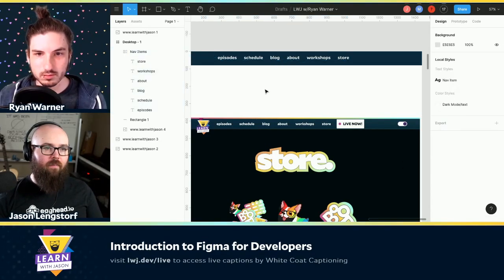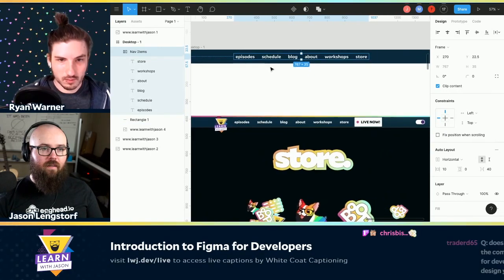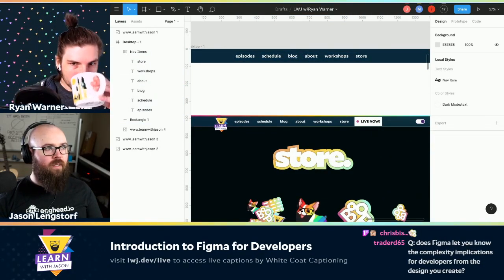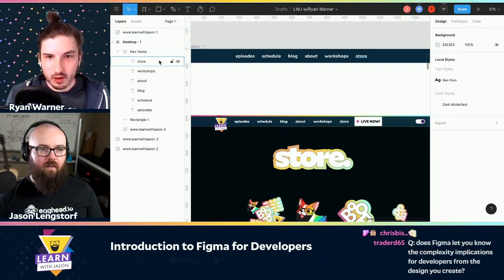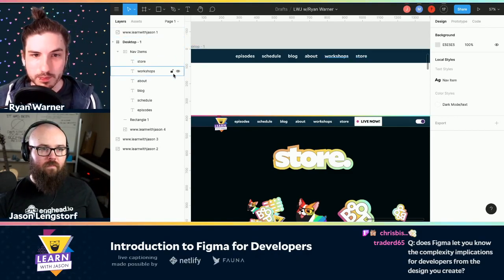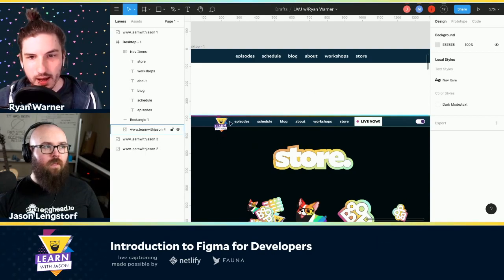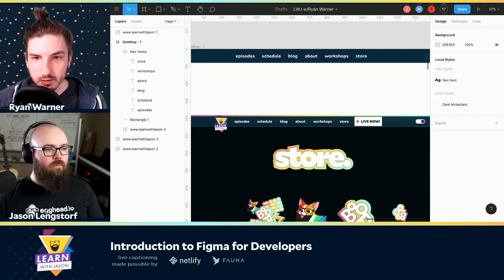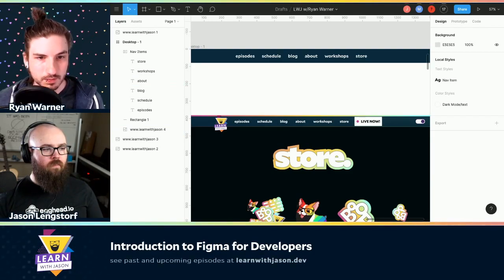All right. I am thoroughly impressed. All right. So then I have, what do you want to do next? We could flesh out the nav a little bit more. Okay. And then talk about components. So we're missing 3 or 4 things here. We've got the Learn with JSON logo, the Live Now, the light mode toggle, and then the gradient at the top.